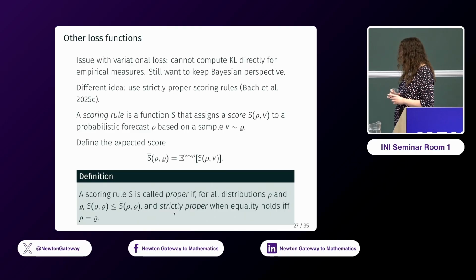Strictly proper is when the equality holds if and only if you predict the actual true distribution from which your